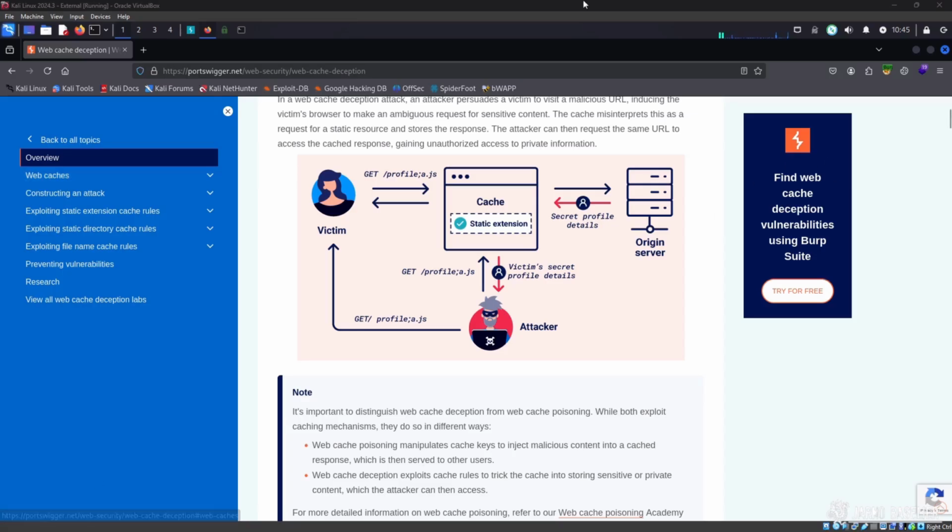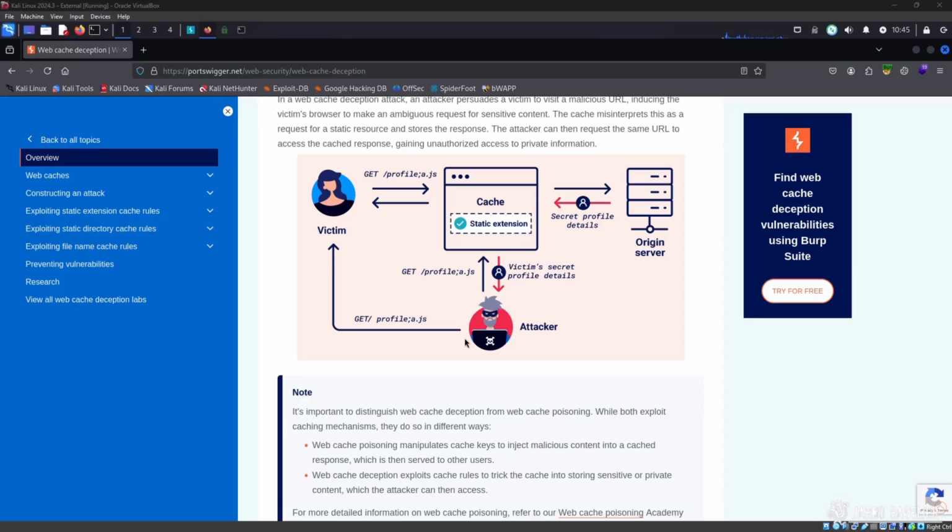And that's exactly what we see here in the image. We have the victim, which is just a user. We have a caching mechanism, and we have the origin server. The caching mechanism is closer to the user, so if something is already presented on the caching server, it is forwarded to the user immediately without reaching the origin server. Only if something is not available in the cache, the origin server is queried and the data is returned and stored to the cache, and when it's in the cache, everybody can access it, even an attacker or a malicious user.